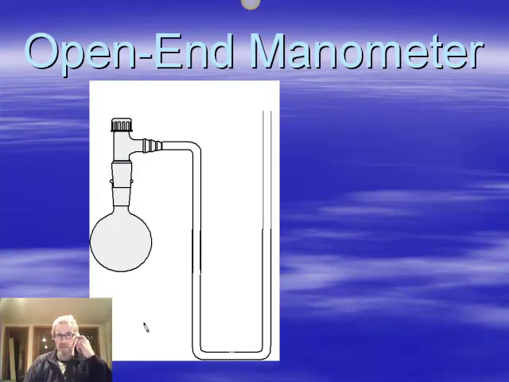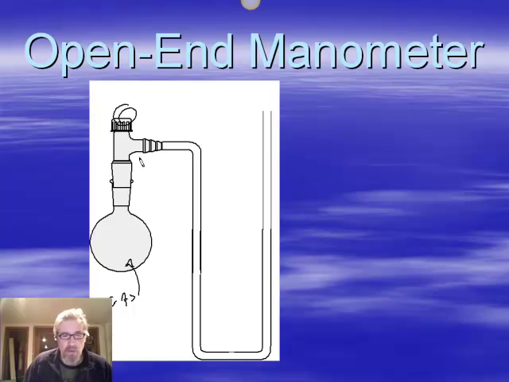There are other devices that have been invented for measuring pressure. One is the open-end manometer. In an open-end manometer, you're measuring some gas in here. Let's say this is your gas inside this chamber, and there's a little valve up there that you can open up to let the gas out. An open-end manometer is a very simple device. It's just a U-shaped piece of tubing, glass tubing or something like that. Inside there is some mercury. So before there's anything